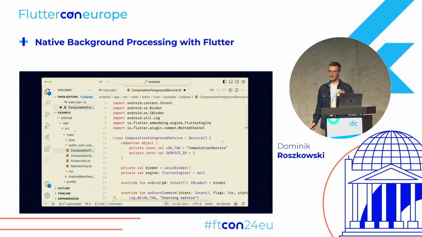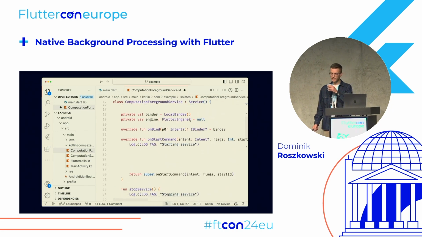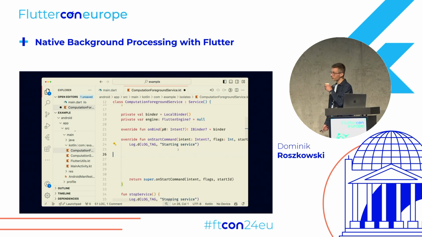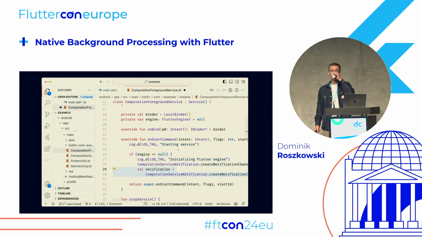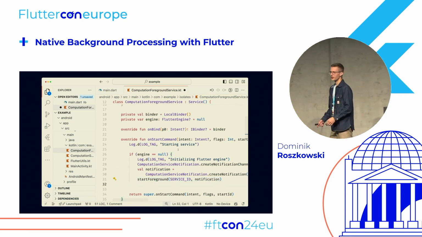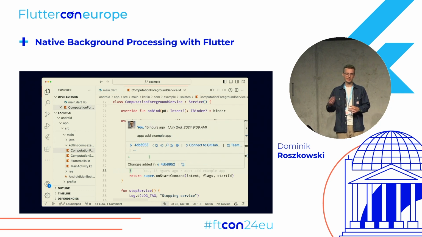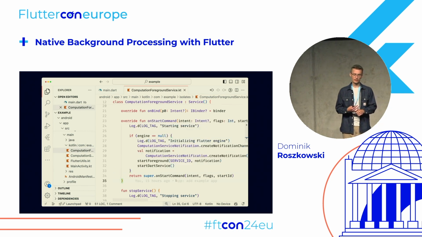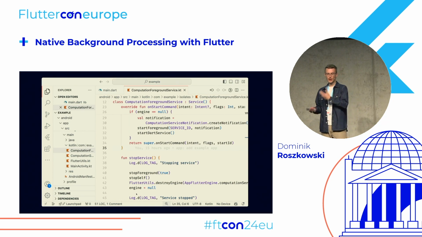Once we have it, we can go to our foreground service. And this sample is taken from an amazing article that I can recommend. In our foreground service, we're just going to handle the onStartCommand. For those that don't know, communication with services works by receiving and sending intents using Android. So essentially, this is the entry point to the service. When the service starts,